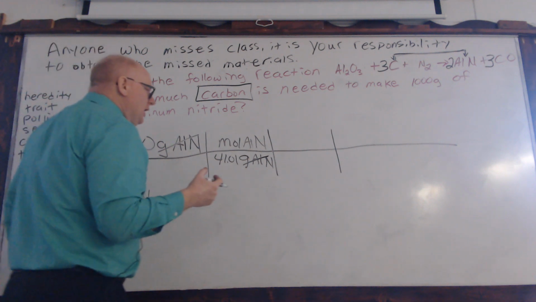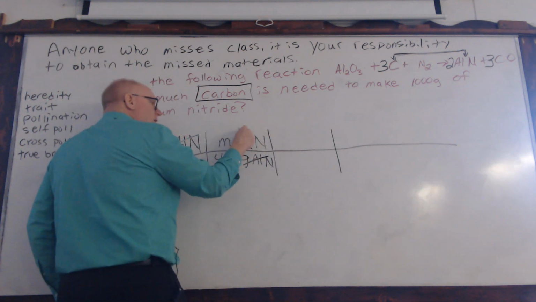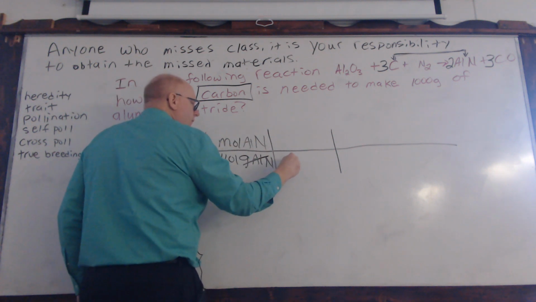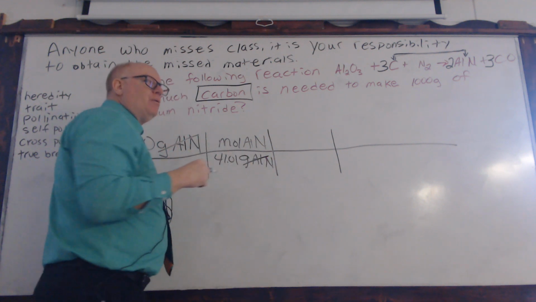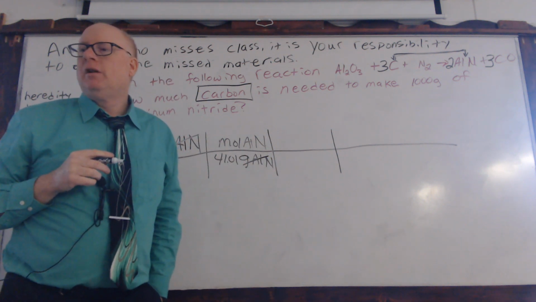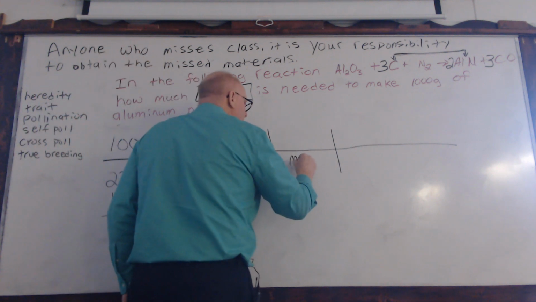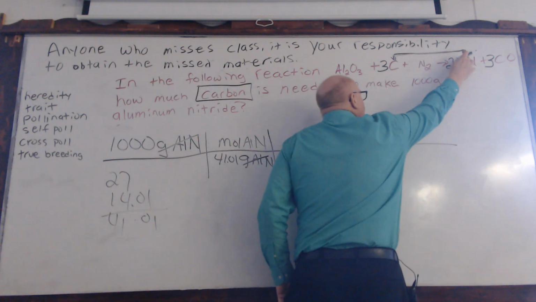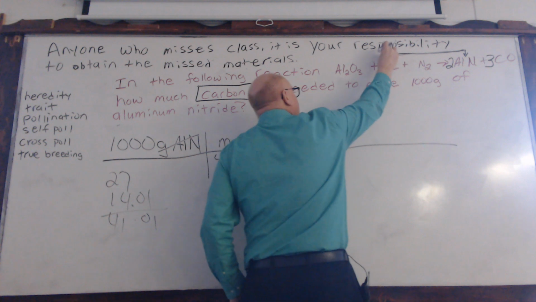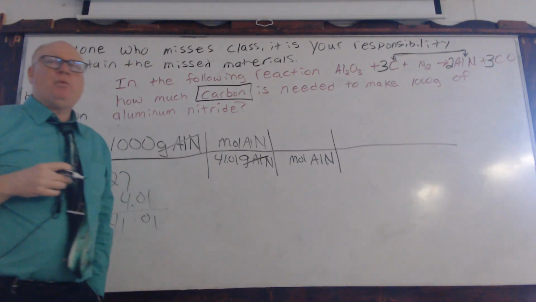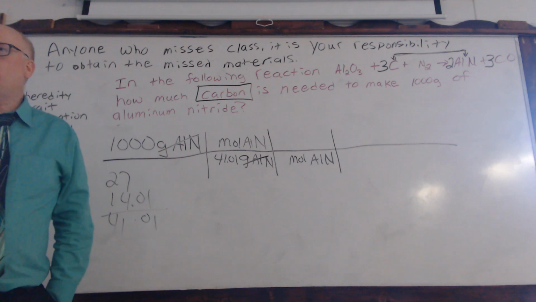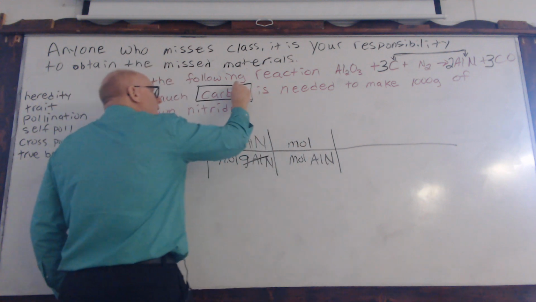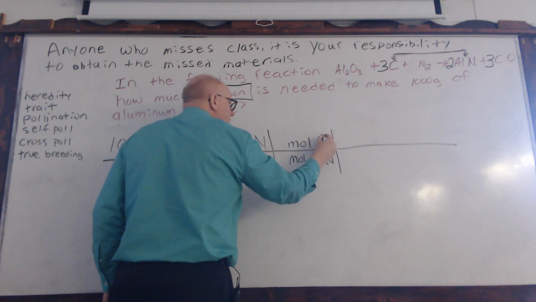Because when we look at a mole ratio, how do we get rid of this moles of aluminum nitride? Well, it's either one or the other. If you multiply it, you're squaring it. Okay, so we're going to put moles of aluminum nitride here. So this is going to allow us to jump from this side of the reaction to this side. So it allows us to change what we have into what it is that we're looking for, which is essentially grams of carbon, but we have to go through moles first.